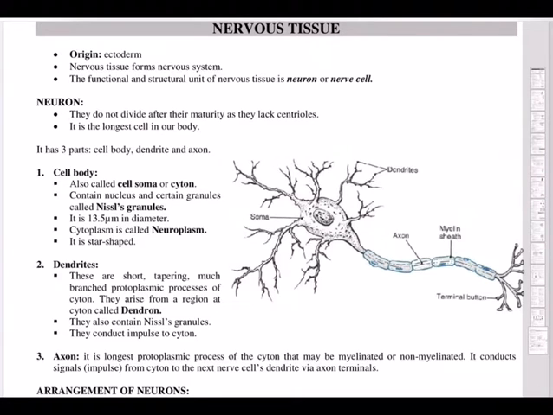You can also observe that the neuroplasm has certain dot-like structures. There are certain solid particles. Those solid particles are called Nissl's granules. So the cytoplasm is called neuroplasm, and the neuroplasm has some granules, solid particles, called Nissl's granules. If you carefully observe, the dendrites are many, short, tapering, branched, protoplasmic processes, and they also contain Nissl's granules. And what is their duty? Their duty is to conduct impulses.